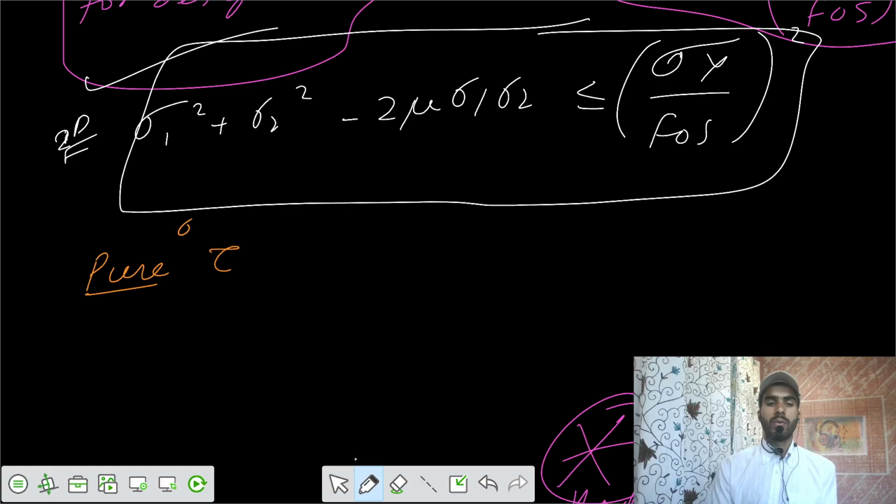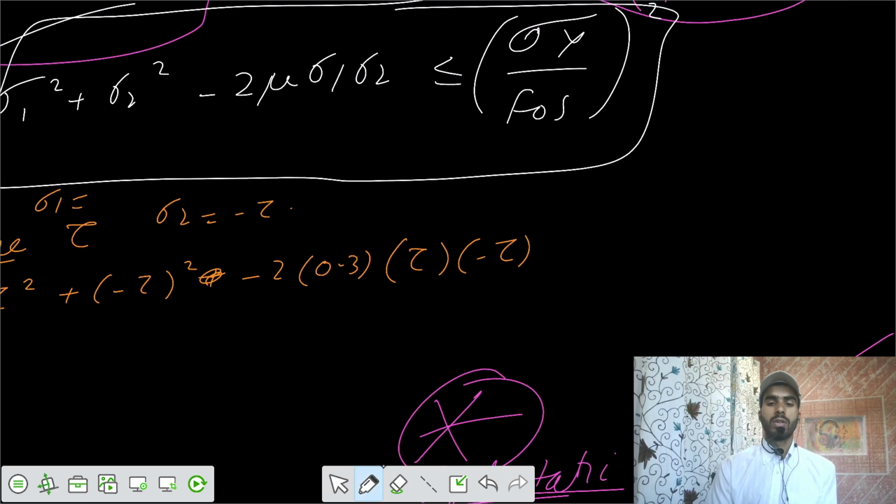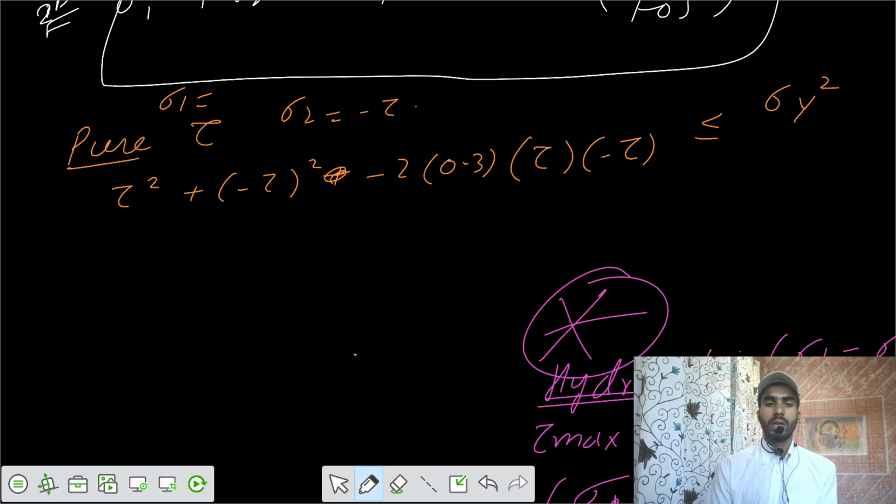For pure shear case, your sigma 1 equals tau, sigma 2 equals minus tau. If you substitute that, you write tau square plus minus tau whole square plus minus times mu. Let's use the value of mu equals 0.3, then write tau into minus tau, and that should be less than or equal to sigma y square. So if you calculate that, tau allowable should be less than or equal to sigma y by